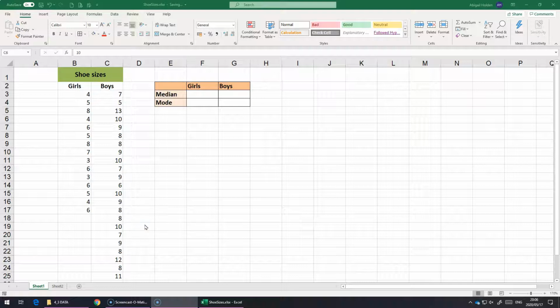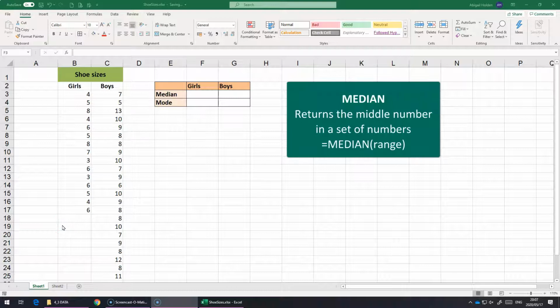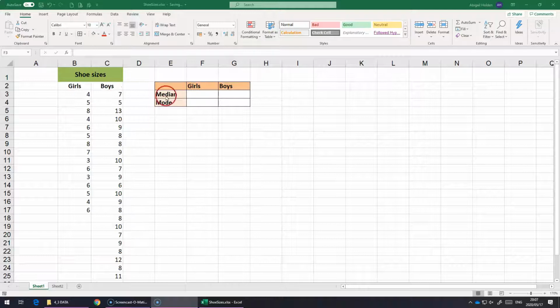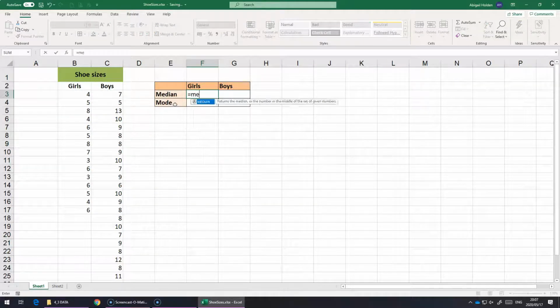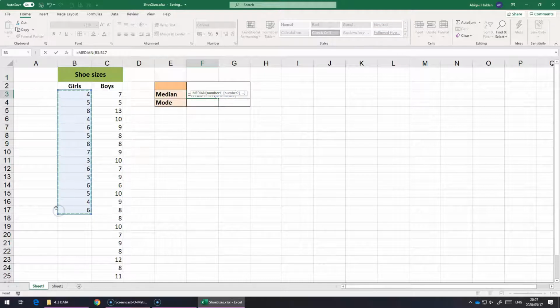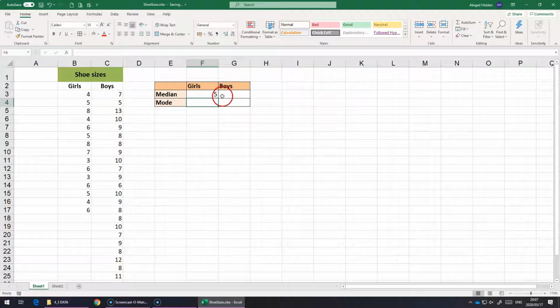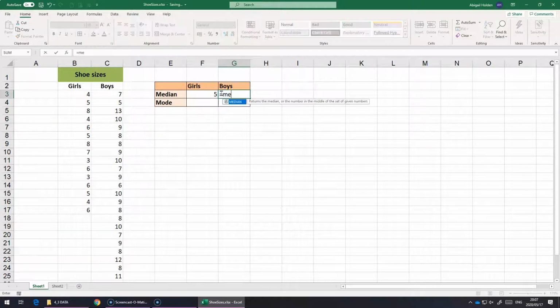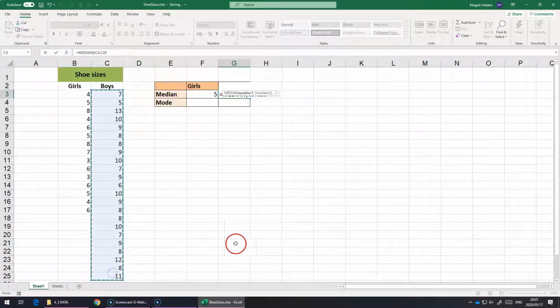In this video, we'll look at the median and mode functions in Excel. The median function gives you the middle of the set of numbers. So to do it, we're going to take this set of numbers here and find the median of each of the lists. So the function is simply equals median, and then the range or the numbers. And in this case, it's 5 for the boys, equals median, and the range,